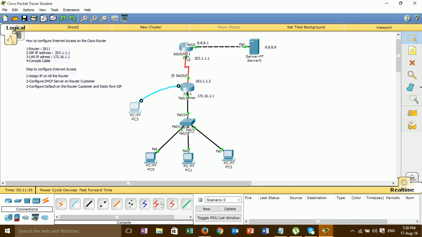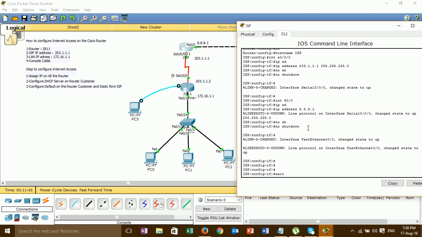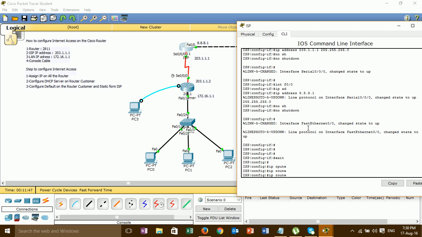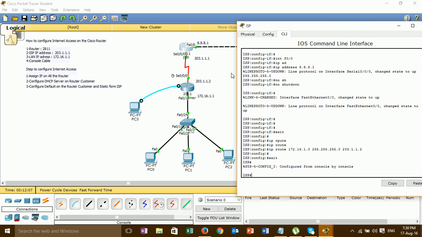Then we go to our ISP router and configure the static route. IP route, then the next-hop address, which is the IP of the customer router.